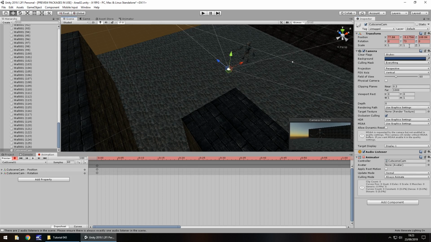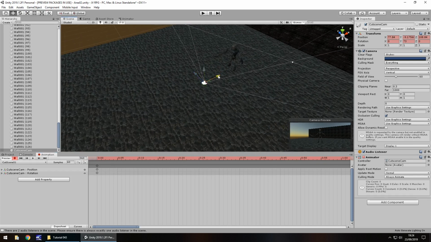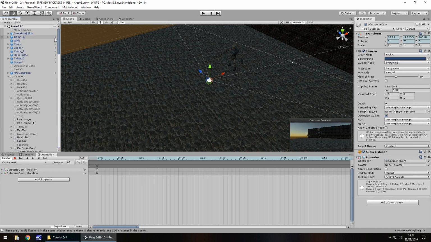About there maybe. And then another 180, so 360 in total. So maybe a little bit more, kind of zoom in just to about there. So obviously you can take much more time creating this cutscene. I'm just rushing through it to give that illustration of what it will look like. So to figure out what it will look like, I am going to turn off our FPS